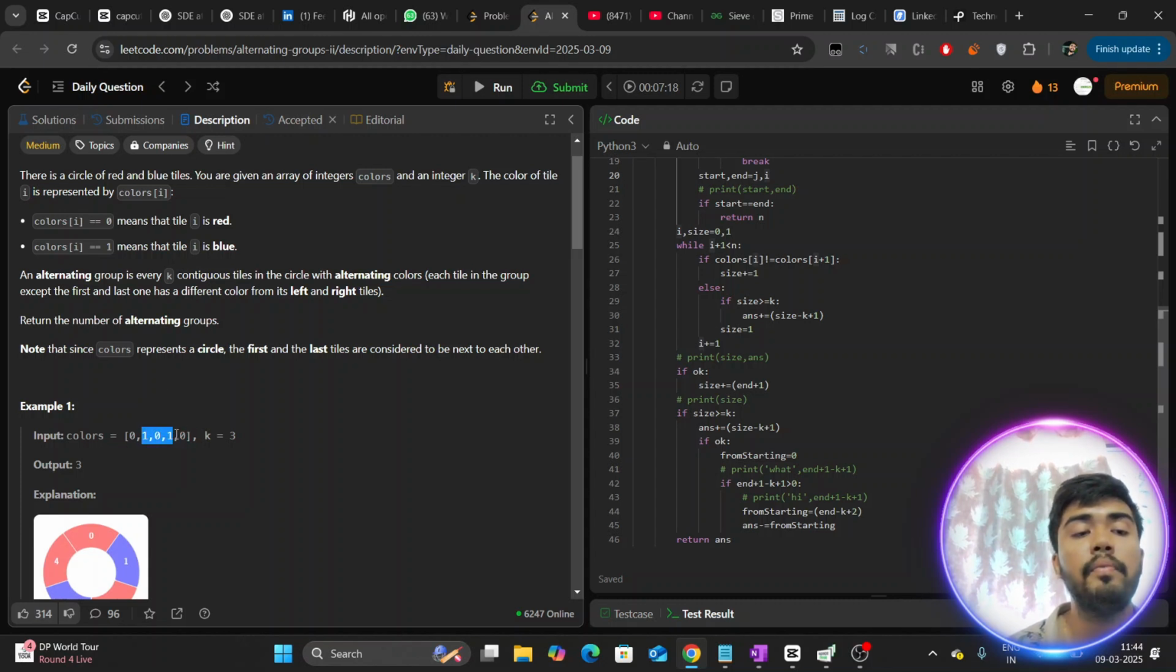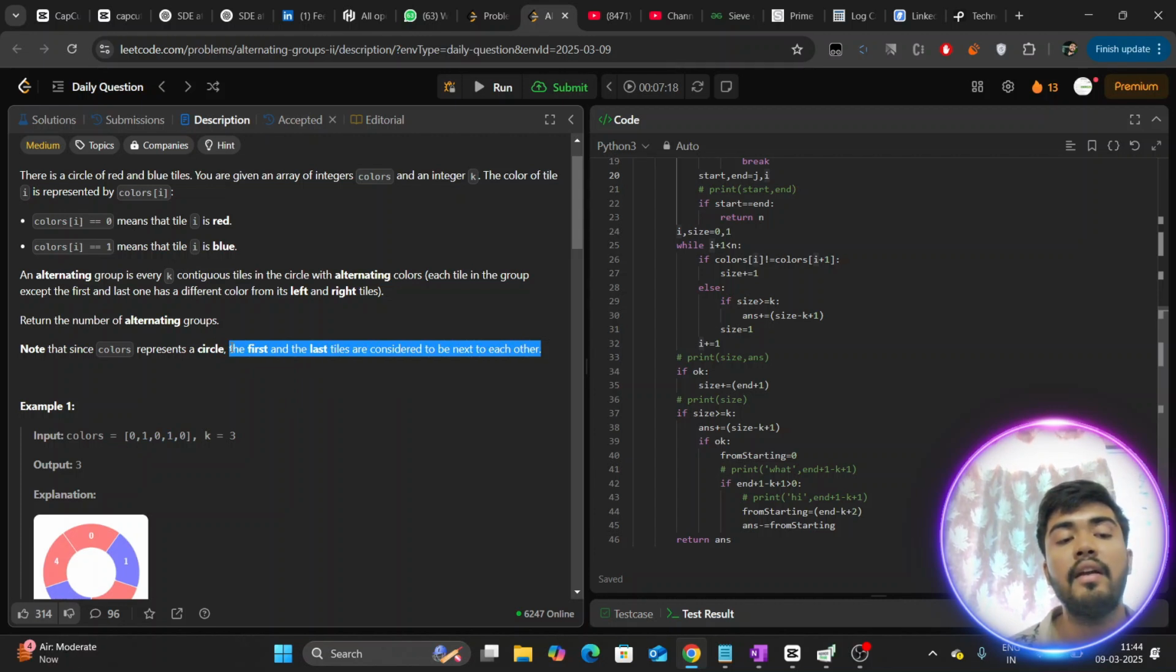So that is one group. So now we have to find how many alternating groups are there. Note that since the colors represent a circle, the first and the last tiles are considered to be next to each other. So that I mentioned already, the first and last tiles we don't have to consider if it is a